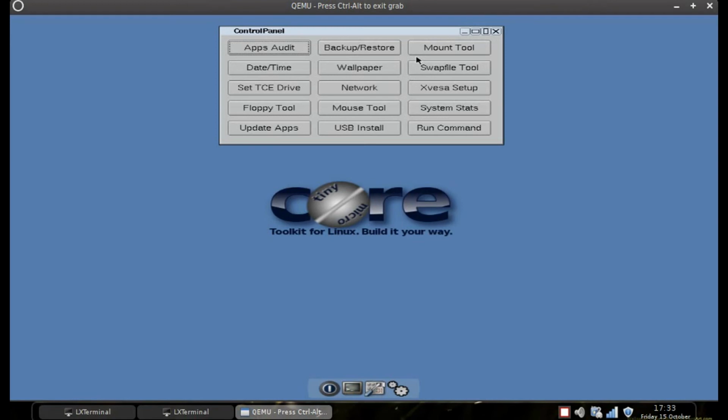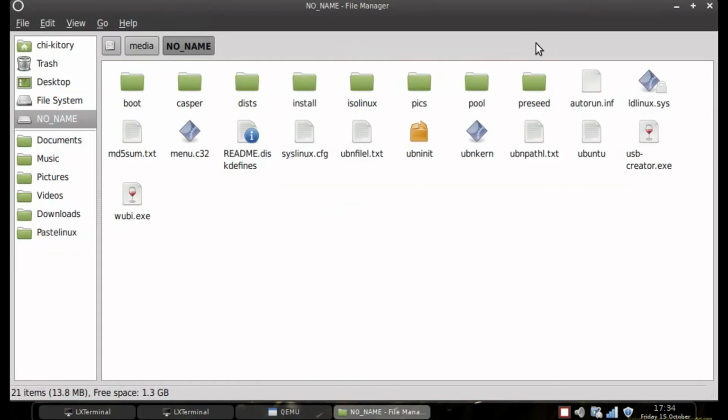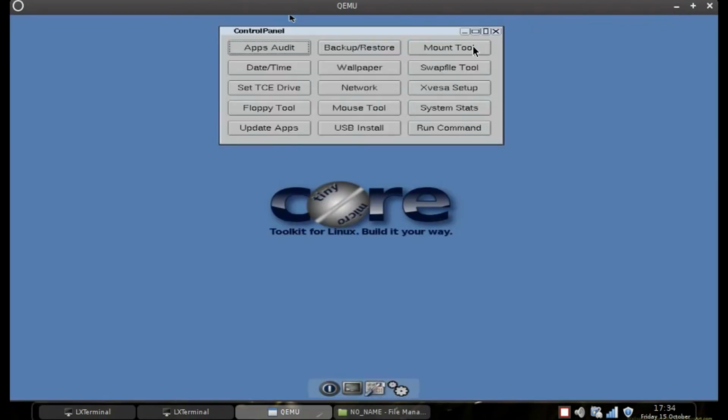One thing I did notice was through virtualization and just in general, I could not figure out a way to mount my drives on this, so I could not access my hard drive. So I'm not exactly sure if I were to plug in, well, let's plug in a USB drive. Alright, I just plugged in my USB drive, and let's see. If we go, oh wow, oh no, never mind. That's my actual distro in the background. So there really isn't much mounting. If you go to the mounting tool, actually,